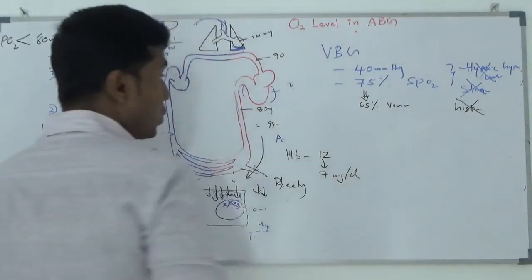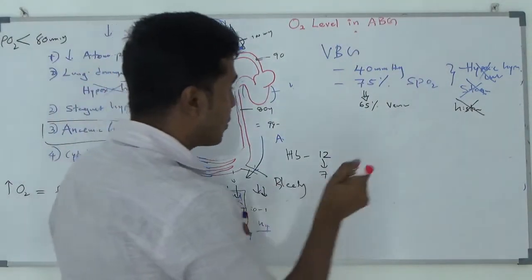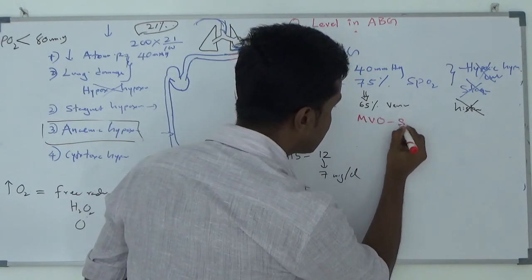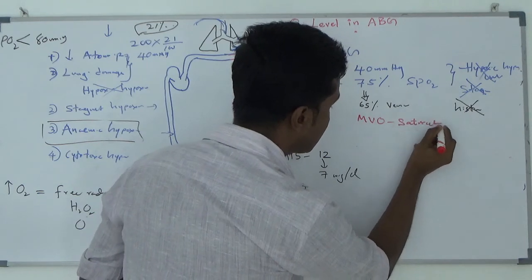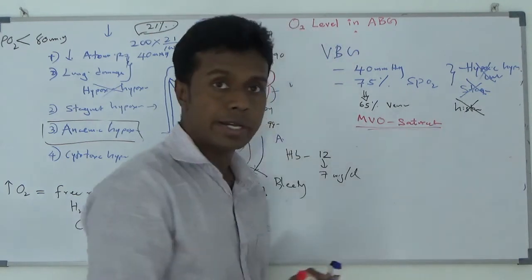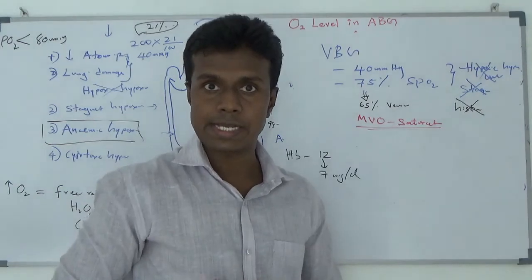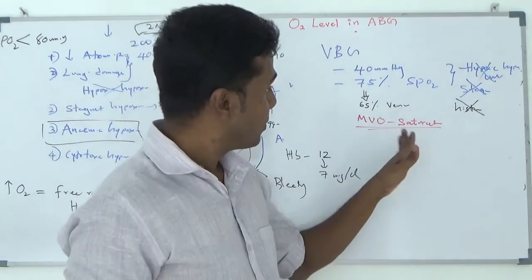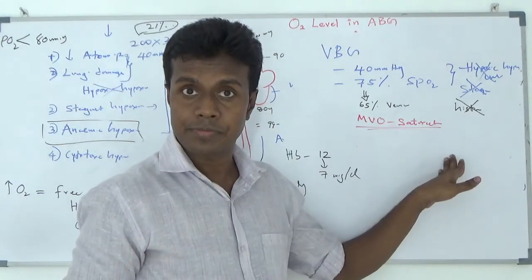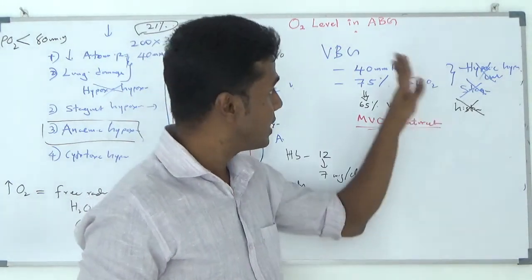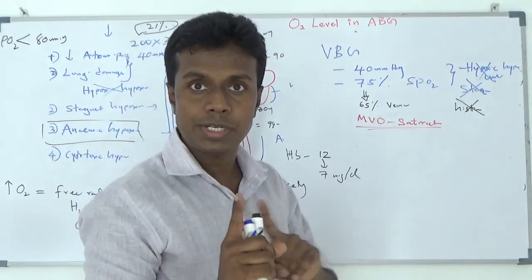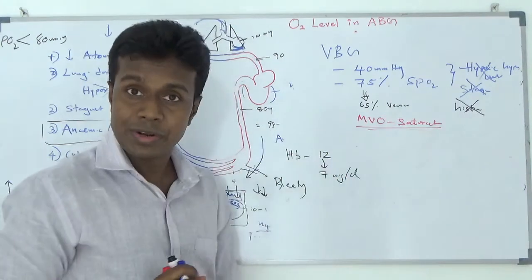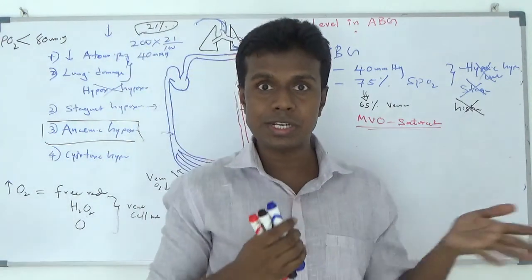Very good. You can identify anemic hypoxia by doing mixed venous oxygen saturation. This is one of the major advantages of doing mixed venous gas during the surgery. You may be thinking, why are they doing mixed venous saturation or mixed venous gases during the surgery? This is the reason for doing mixed venous oxygen analysis during the surgery. That is all regarding your oxygen. Now you can increase the oxygen if necessary.